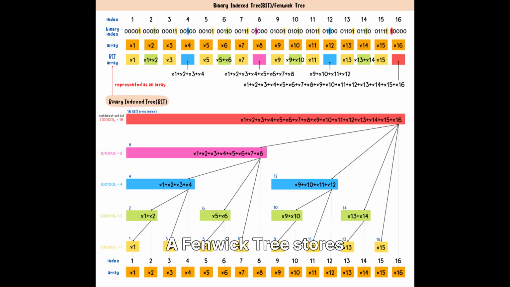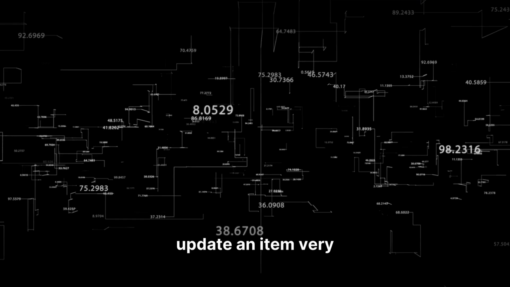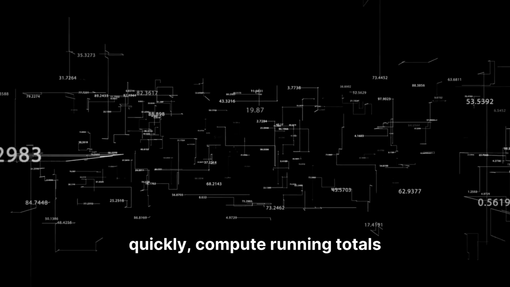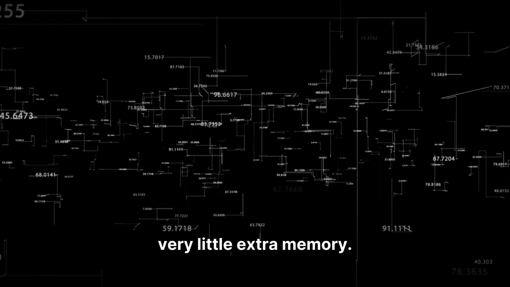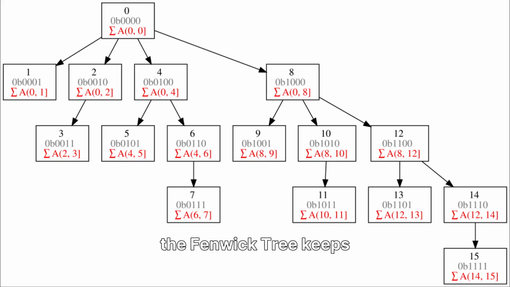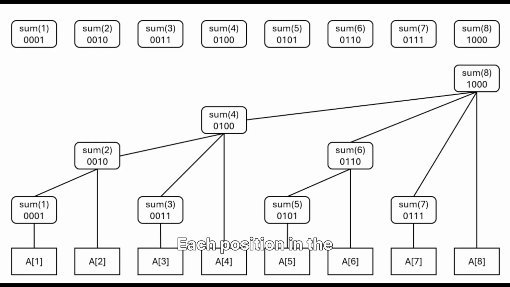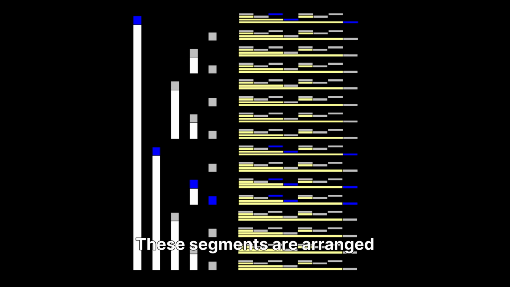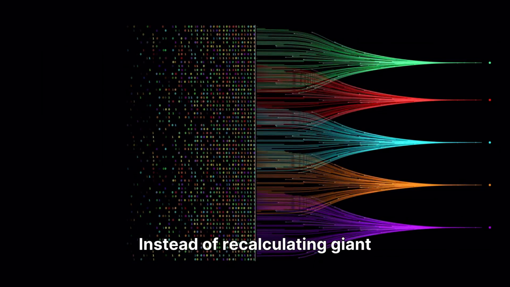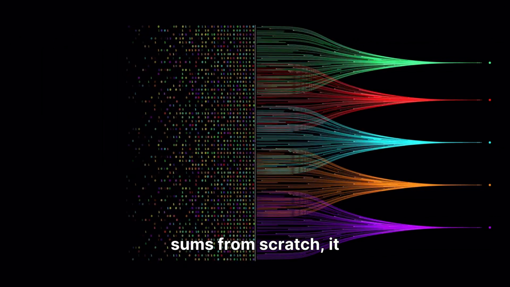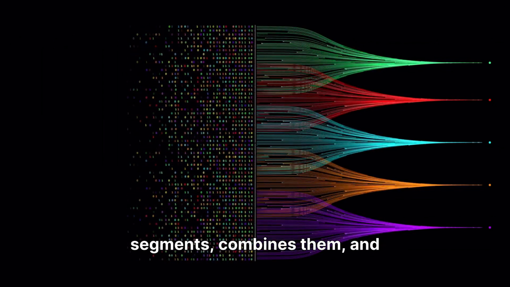A Fenwick tree stores partial information about your list in a smart, compressed way. This allows you to update an item very quickly, compute running totals very quickly, and use very little extra memory. The trick is that the Fenwick tree keeps track of selected, cleverly chosen chunks of the original data. Each position in the structure represents the total of a small segment of the list. These segments are arranged so that when you ask for a cumulative total, the data structure can jump through memory in large steps. Instead of recalculating giant sums from scratch, it retrieves information from these segments, combines them, and returns